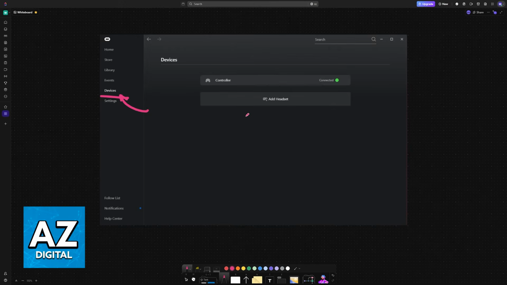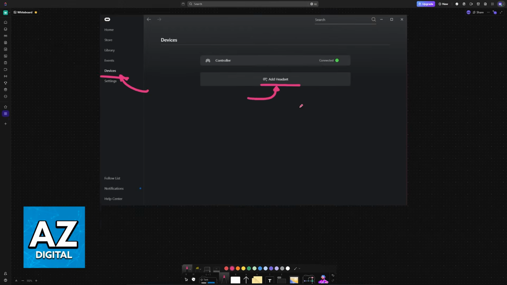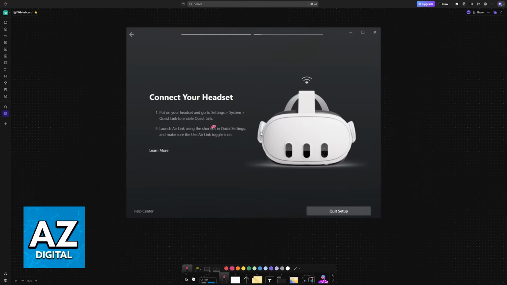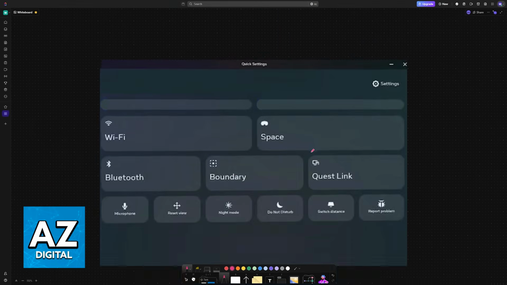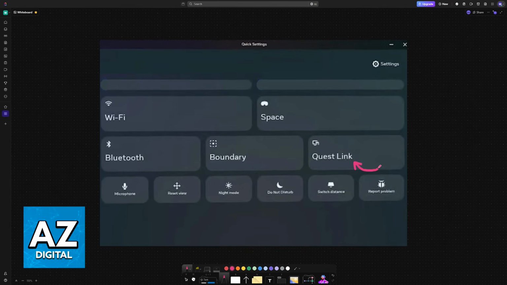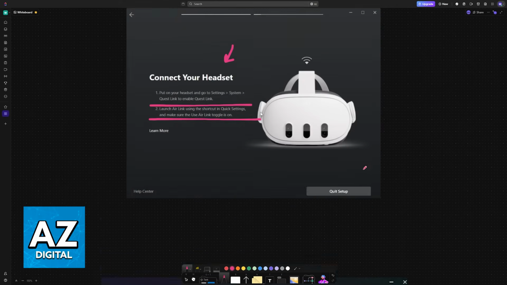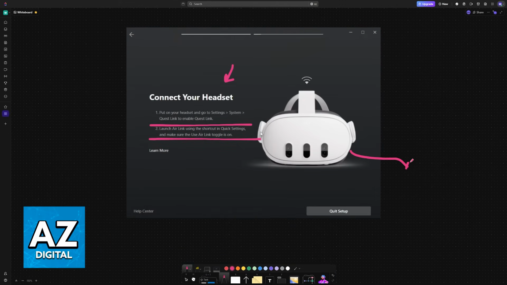Once you have MetaQuest Link ready and Steam VR downloaded on your Steam library, first on the MetaQuest Link app, go to Devices, Add Headset, and then register your headset to your PC by either using AirLink or a cable. Just follow the instructions listed here. If you have a different model of headset, not from Quest, then you might need to follow different instructions. On your headset, you will now be able to use Quest Link, and this will give you a VR view of your desktop as long as you have your headset connected to your PC through a cable or through AirLink.